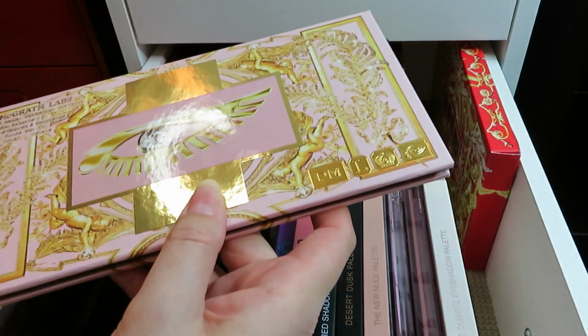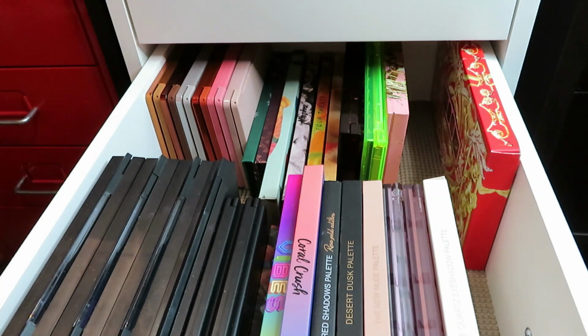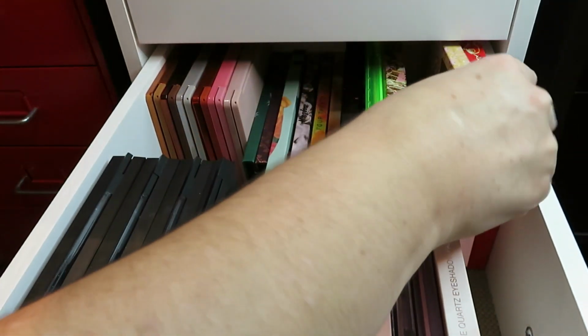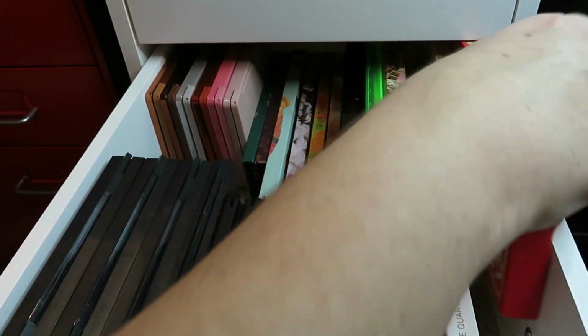So I can't take this off. Like, I can't take the box part off until I actually use it. But I'm so happy that I have this, and I need to just bust out these eyeshadow palettes ASAP, because they're just stunning. And then the last one I have is, I don't even know what it's called, but